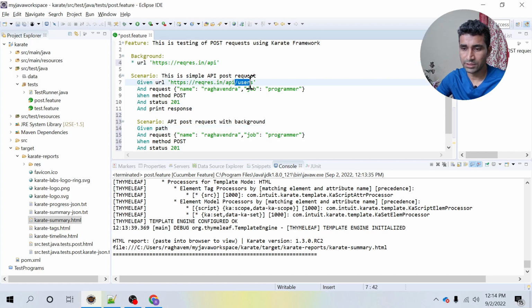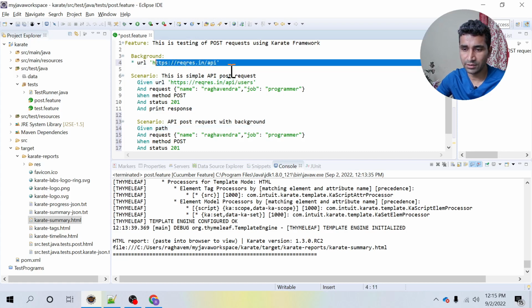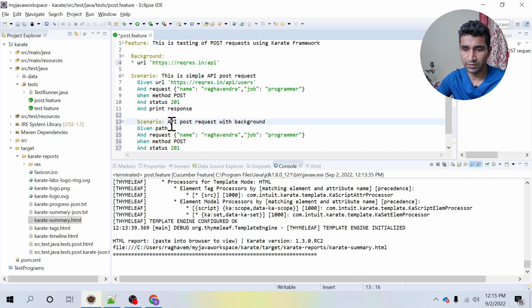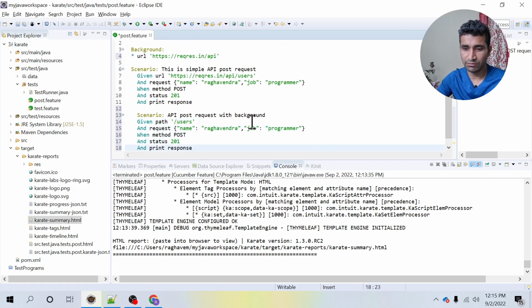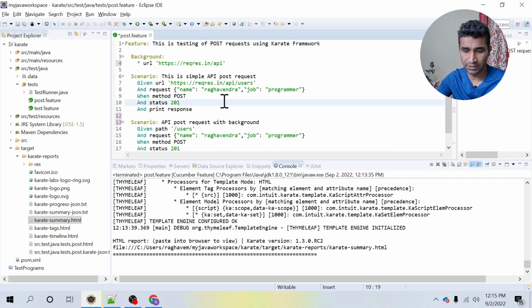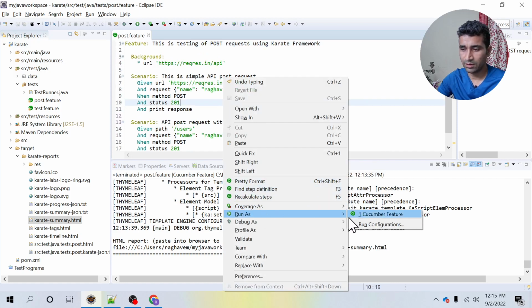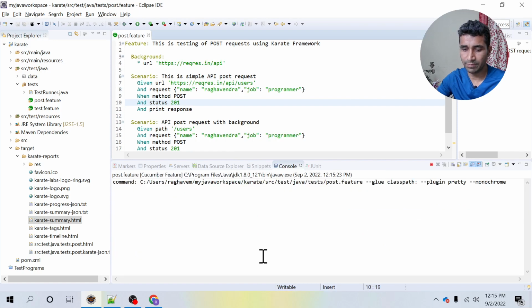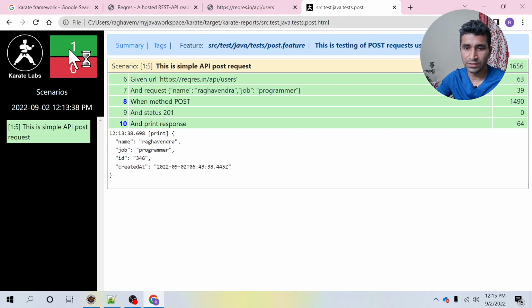Since I have given till here, it is going to append this path to the existing background. Let me put it in the quote, and the rest everything is okay. So I'm going to do the pretty format and run it. Let me save it also and run this Cucumber feature file, and I will refresh the result